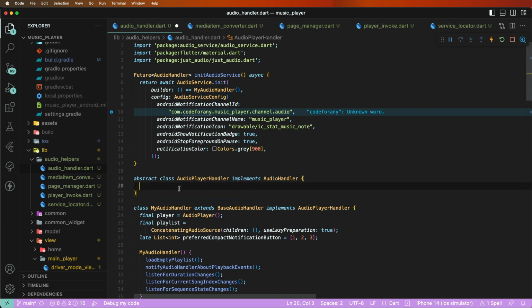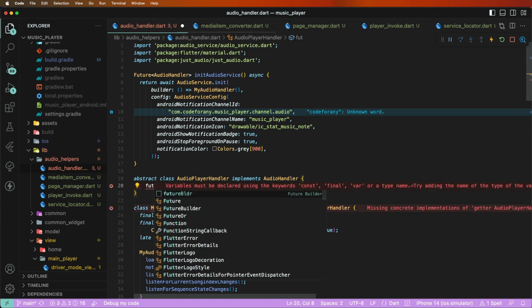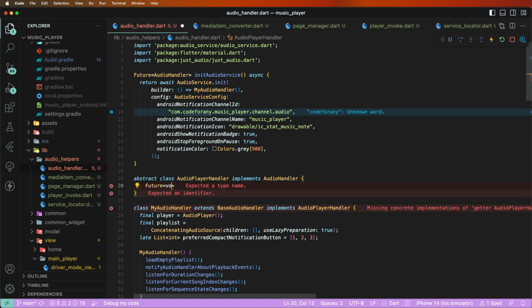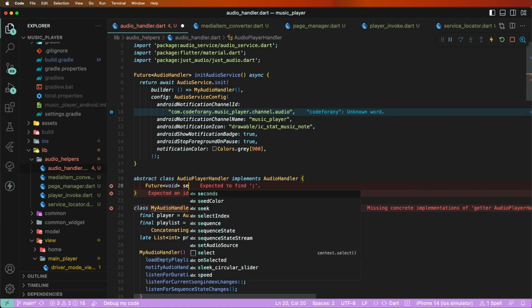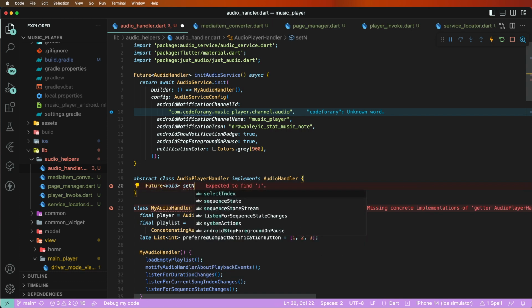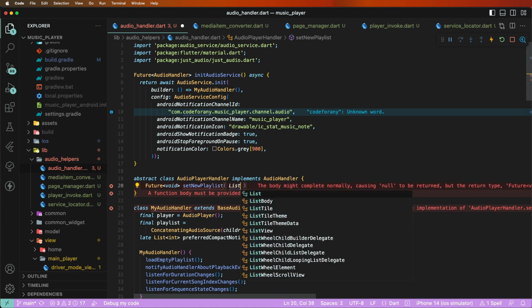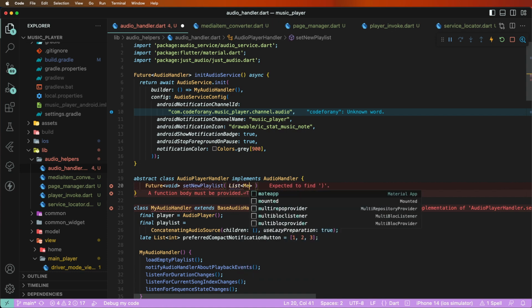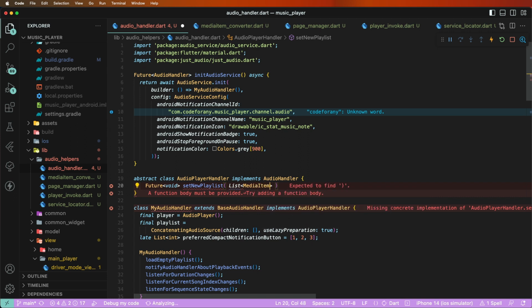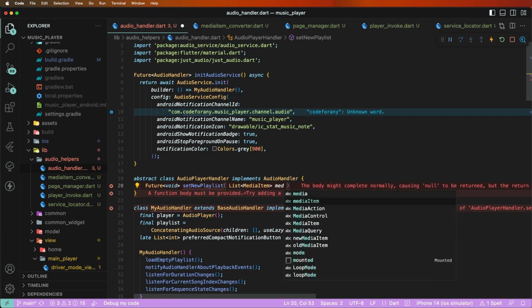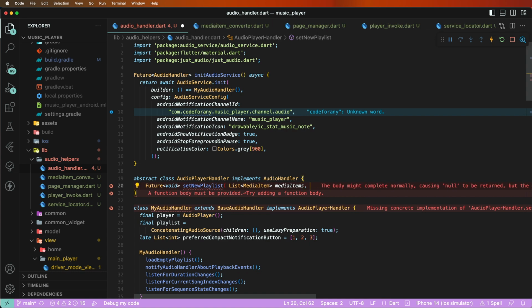First of all, we need the picture wide and write down setView, and give the media items. Set the media items to